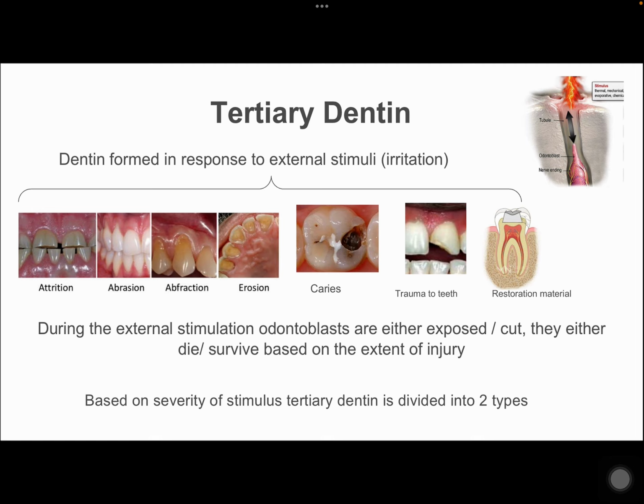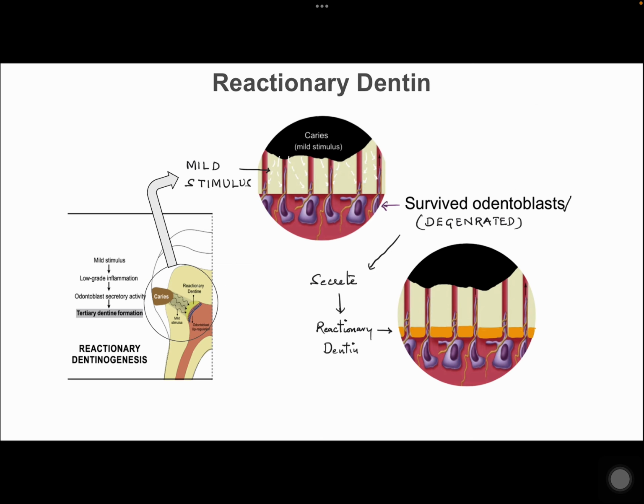During this external stimulation, odontoblasts, the cells which produce dentin, are either cut or exposed. They may either die or survive based on the extent of the injury. Based on the severity of the stimulus, tertiary dentin is divided into two types. If the stimulus is mild and the odontoblasts survive after the impact of stimulation, the remaining odontoblasts